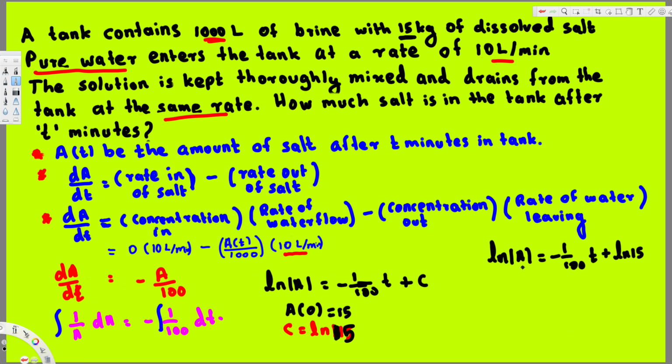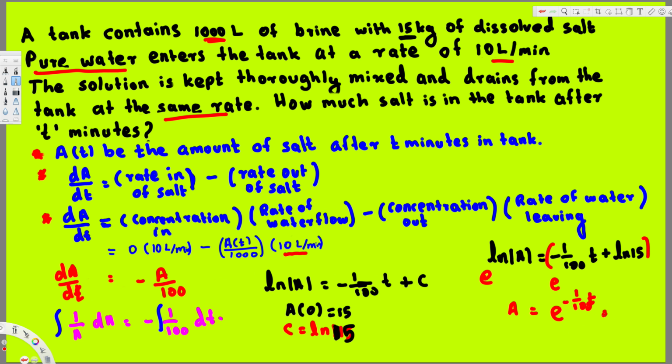Now to bring this into standard form, we can take e to the power of both sides. If you take e to the power of this side and this side, the left becomes just A, because e and ln cancel each other, and here this becomes e^(-t/100)